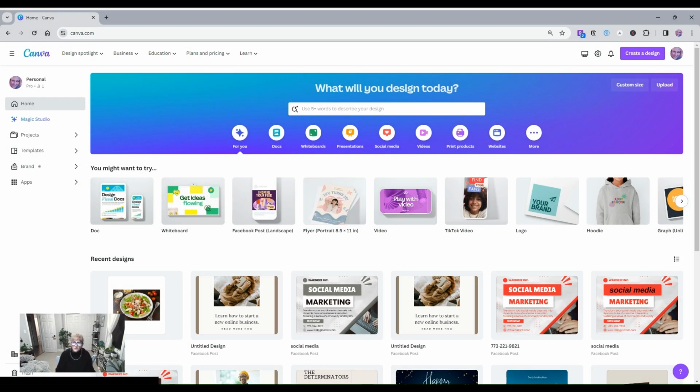In today's video, we are going to create a Facebook post in Canva and then share it directly to Facebook. I'll also show you a couple other ways that you can share your content without going directly to Facebook if that's what you prefer. So here we are at the home page in Canva, and you can see some of the more commonly used templates are displayed here on the home page. So we're going to pick the Facebook post landscape template,